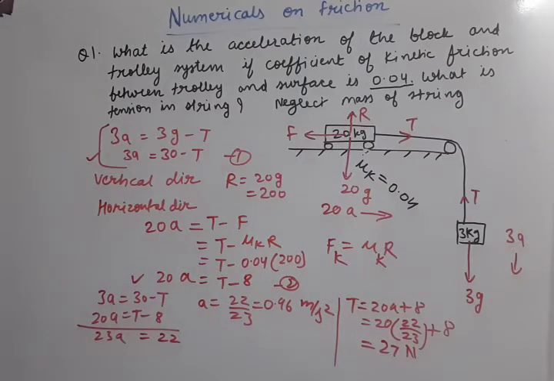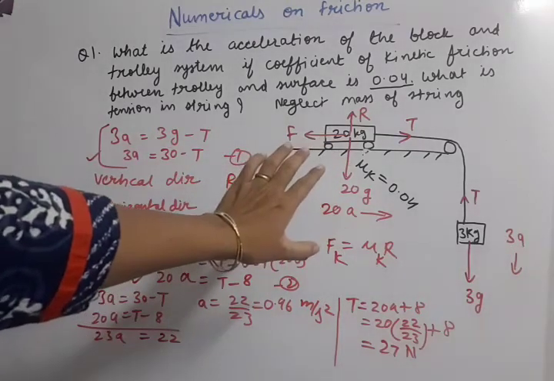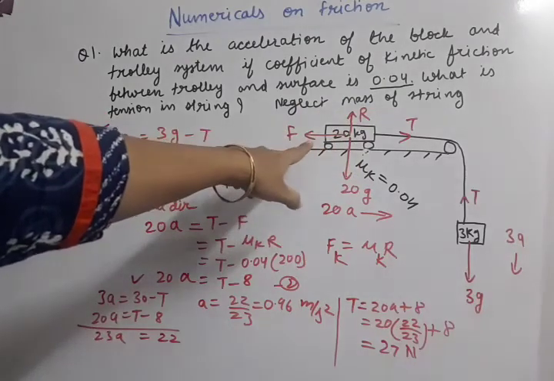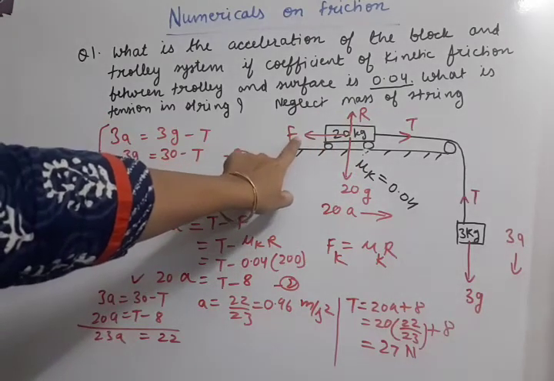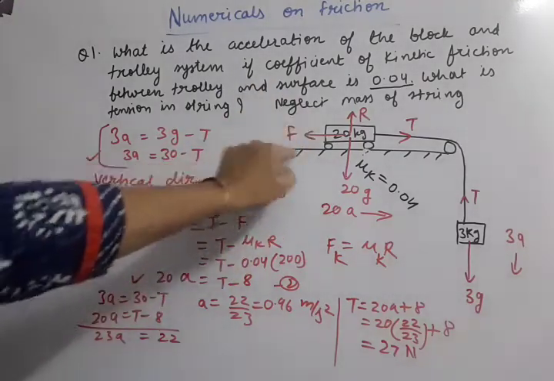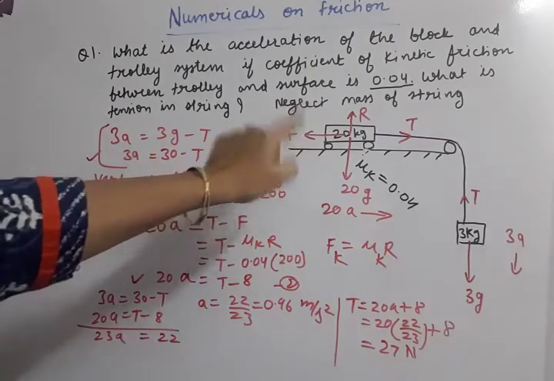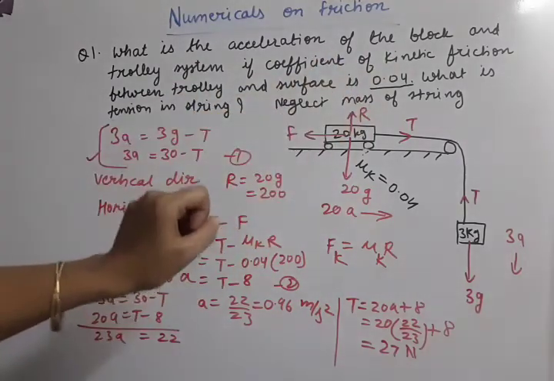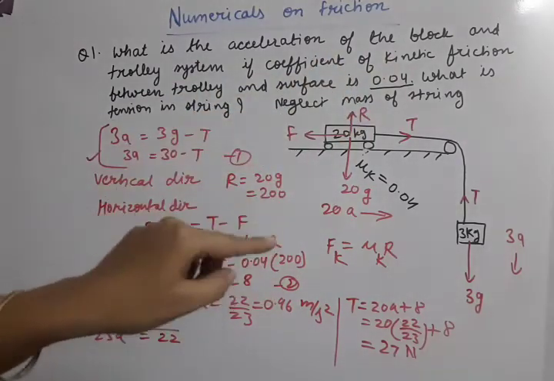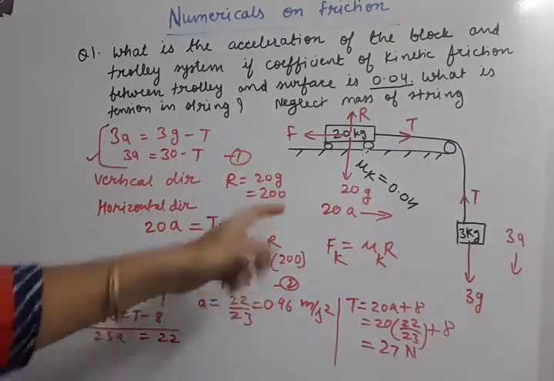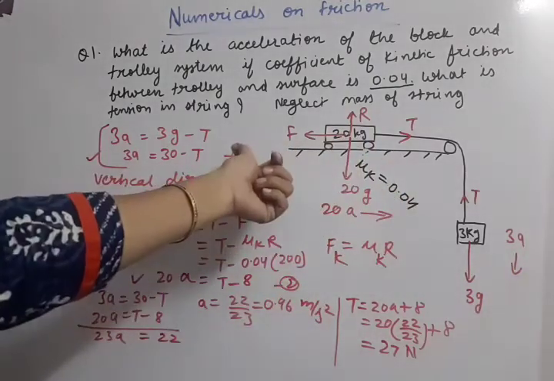Okay, so this way we have solved this question. You can carefully notice the situation in this question. Earlier also we have solved the horizontal motion questions, but here friction is extra. If it is written in the question that the surface is frictionless, then you don't have to take this friction force. But if mu is given in the question, like here, the coefficient of friction, then you have to use friction force also in the diagram. Friction force is always opposite to the motion. Since motion was there, the friction force is here.